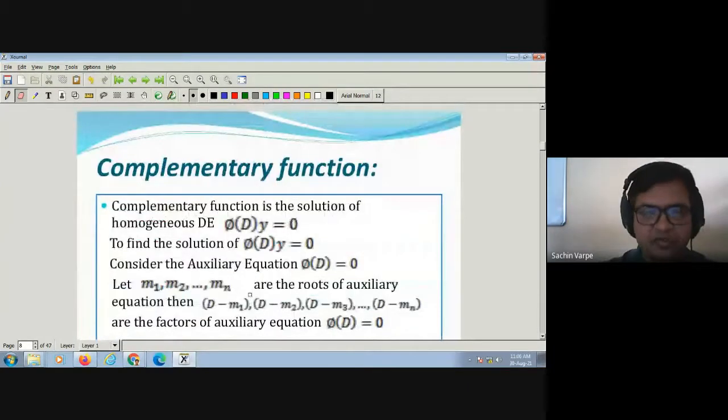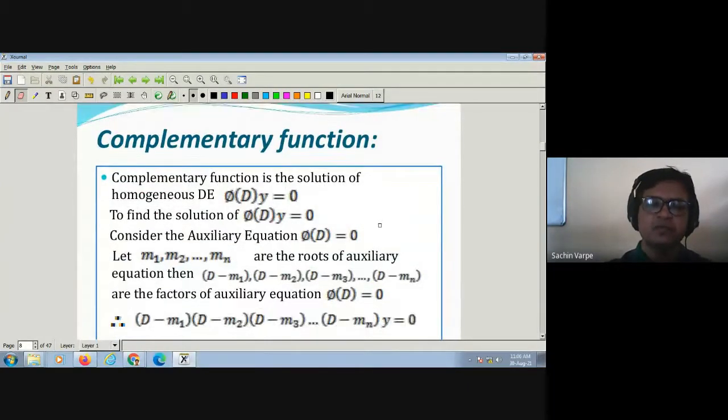The complementary function, the first solution. So to get the first solution, that is the complementary function, which is a solution of the homogeneous differential equation. Don't get confused with the homogeneous differential equation you discussed in M2, isn't it? Here the homogeneous differential equation means the right hand side is 0, so that the left hand side